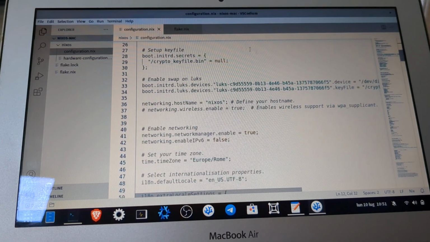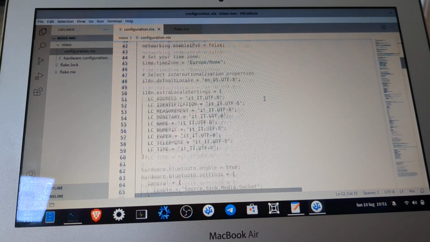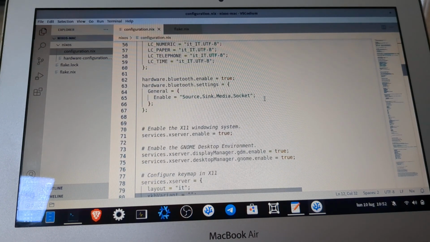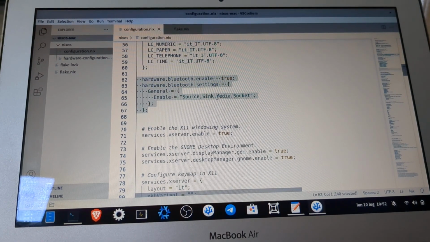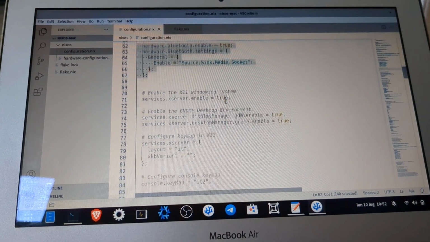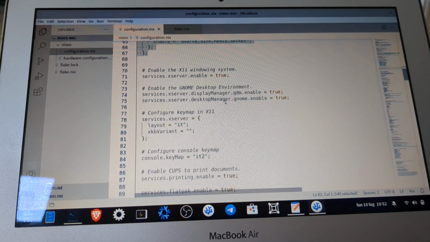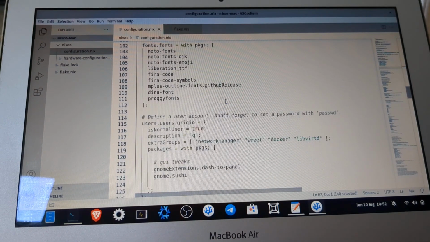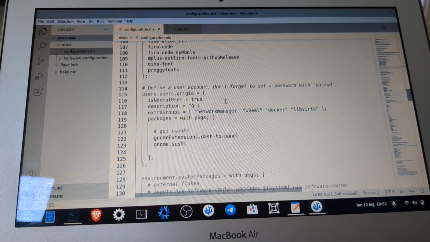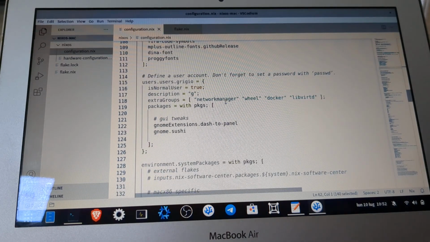And here are some specific configurations of this system, time zone, and some things that aren't very obvious, but if you want to use Bluetooth earphones, you have to enable this part, and you can find this in the wiki.